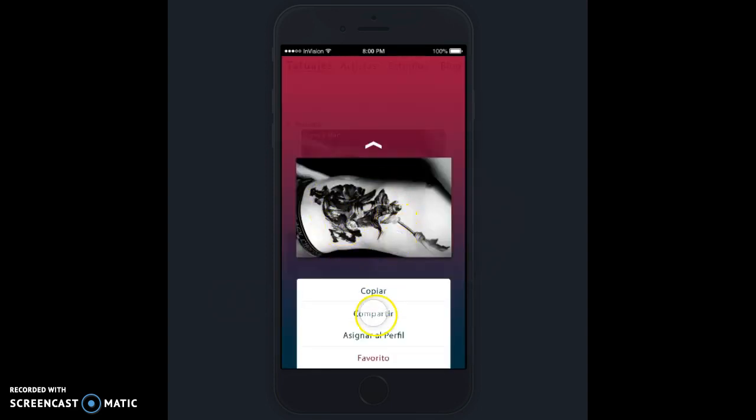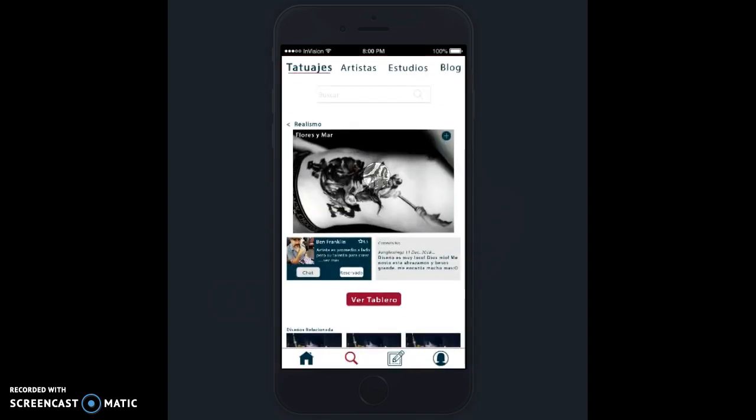If you click on it, if you want to see a better view of it, you come to a page where there are more functions to be done. You can copy, you can share, or you can favorite it. So for example, you've decided to save this design and use it to influence or inspire your own design. You can save it and